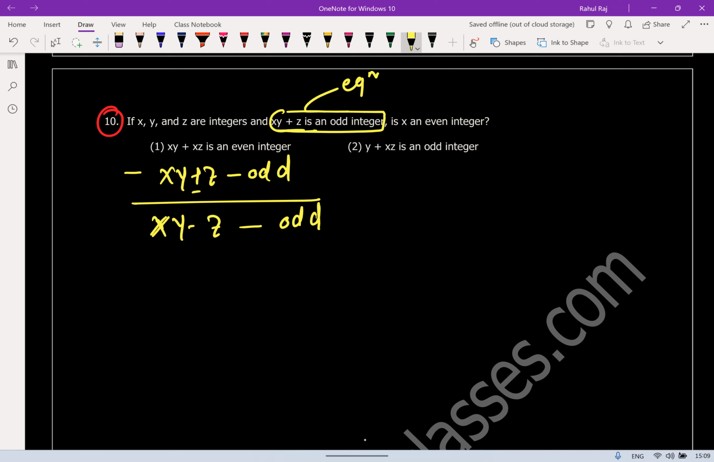Yes, I made a small mistake in the second, while solving the second statement. So statement A is correct. A is correct. Rahul, yeah. I think